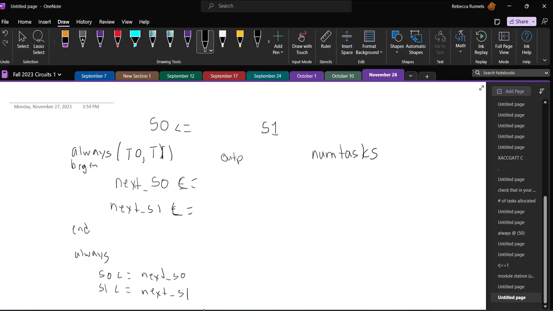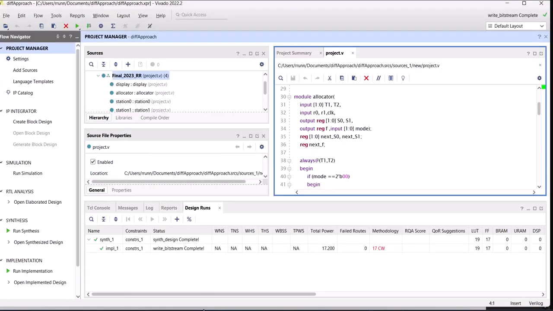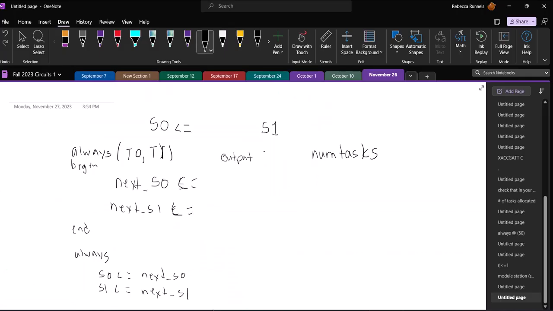And I will say this is output reg 3:0 num tasks. Now the reason I'm making it a 4-bit number,